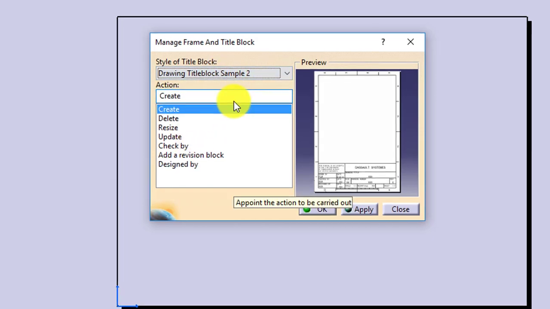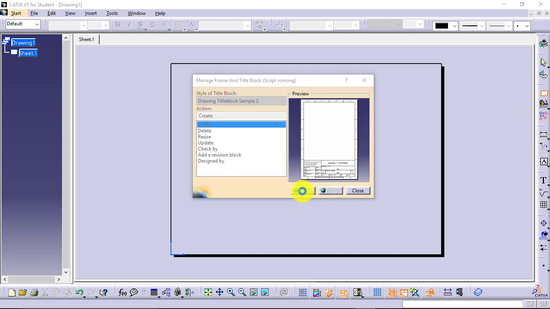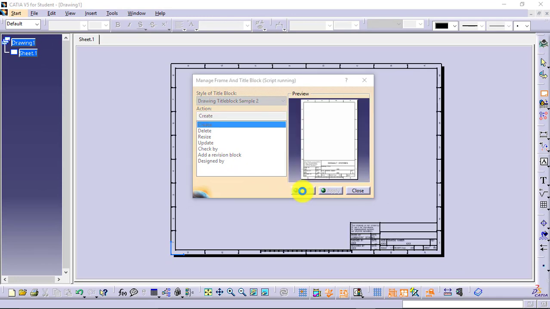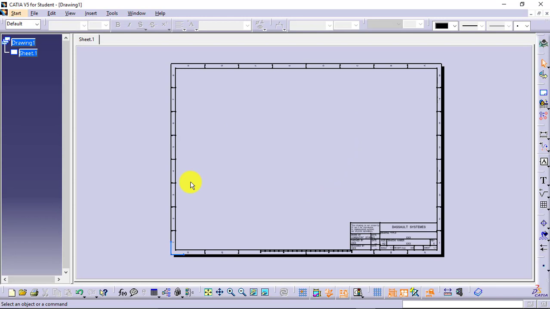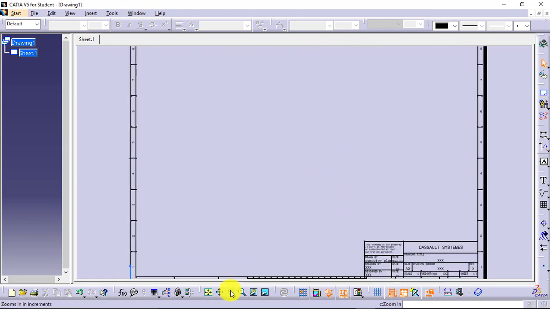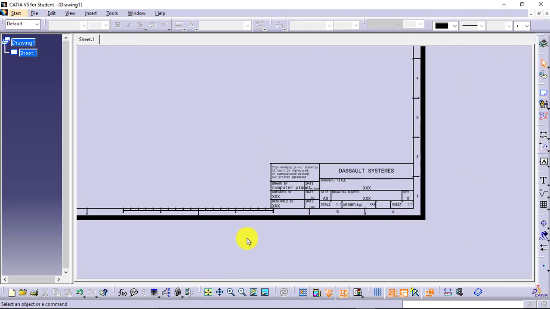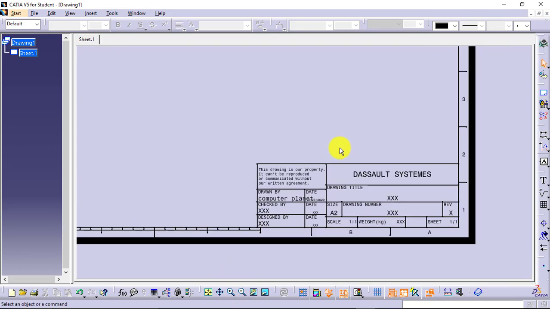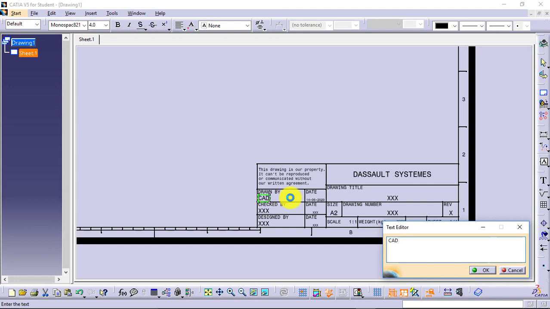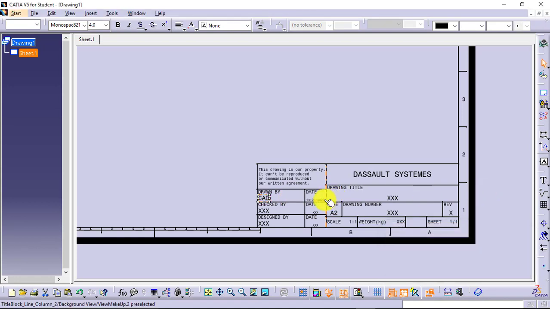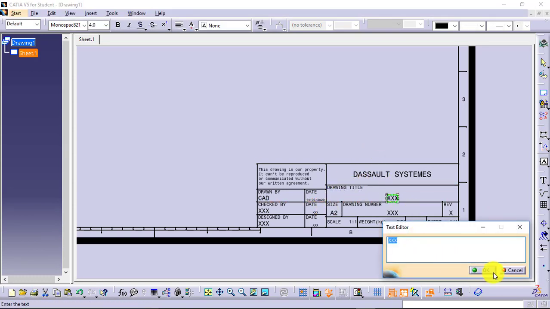Say I'll select one of them and I'll say Apply. Whatever the sheet size is, as per the standard size, the title block will be applied over here. I'll just zoom into that. Currently I am in the sheet background, remember that. Now you can make the modifications. Just double click on the text and you will be able to modify anything you want. So this is the drawing title, you want to give the title, then you can give it over here.